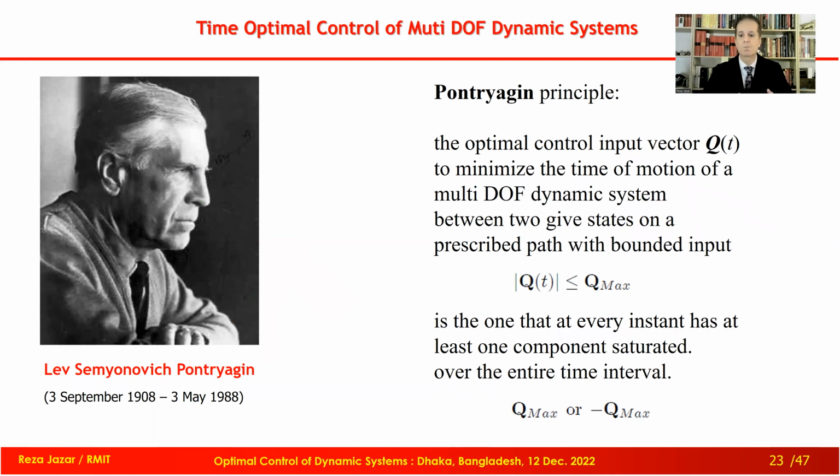Let me explain again. We have a dynamic system with multiple degrees of freedom. Every degree of freedom, you imagine at least a 2R robot, okay? A 2R robot is multi-degree, at least 2 degrees of freedom. The problem is that there are 2 motors, both of them have a limit with saturation, meaning the maximum force that they can apply is limited. Now, the tip point of the robot is supposed to go from one point to the other point, for example, on a straight line. We do not know when and which one of these motors is supposed to be saturated and the other one within the limit.